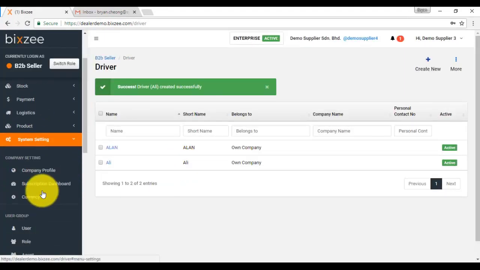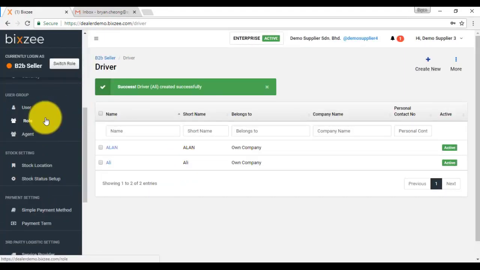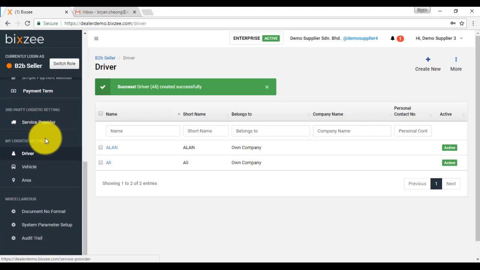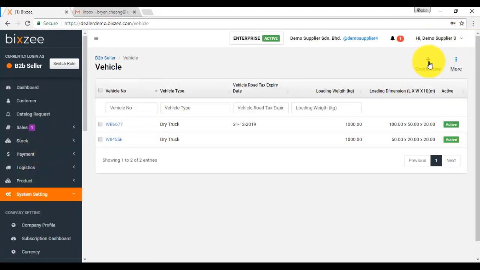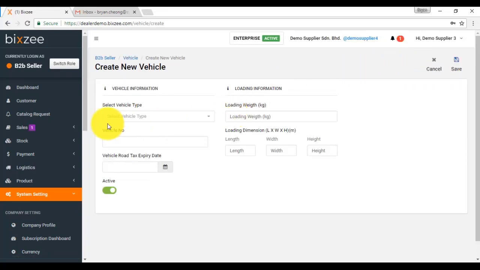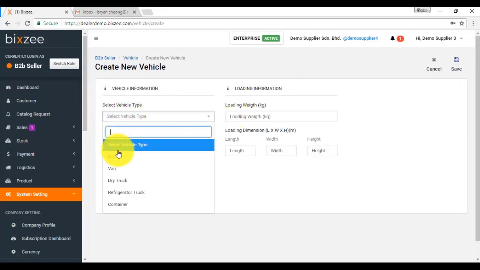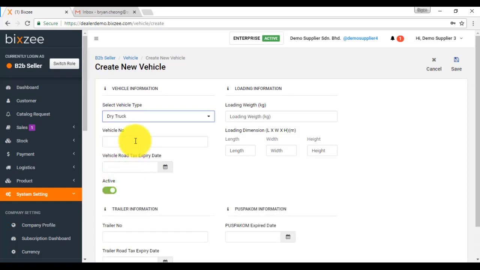So this is how you create the driver. This will be useful later on when we do a route planning or route sheet, so we'll know exactly which driver a delivery is sent by. Then we can create some vehicle over here. Just click on create new. So you can select different types of vehicle, whether it's a car, a van, a dry truck. So let's select a dry truck, then put in the